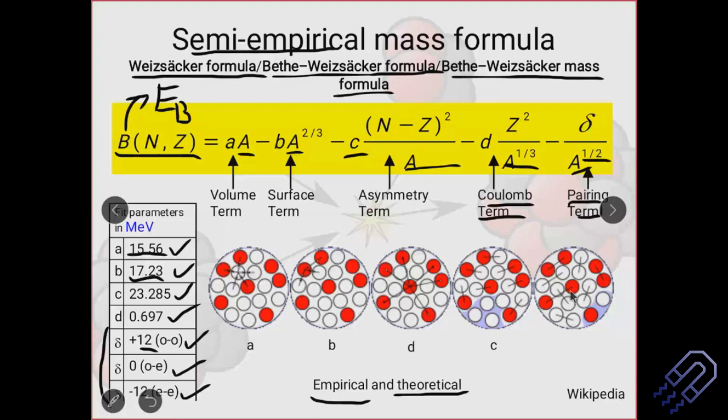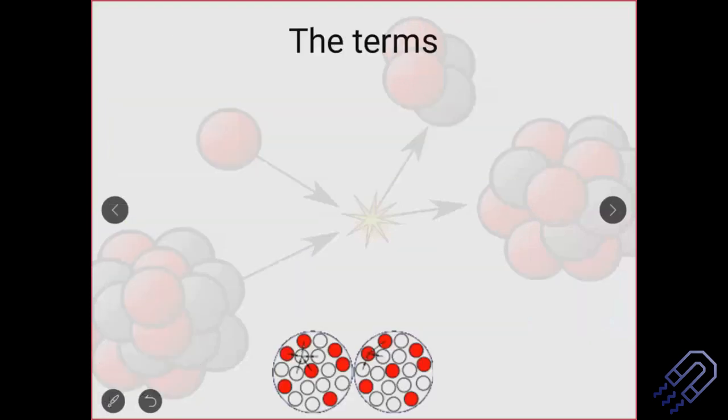Because if they are coming very close to each other, their energy levels are more or less getting intermingled. And then if you consider Pauli's exclusion principle from quantum mechanics, no two similar quantum mechanical particles, in this case maybe a proton or a neutron, can occupy the same quantum state. So you cannot have the same values of all the quantum parameters. So this is Pauli's exclusion principle, very important.